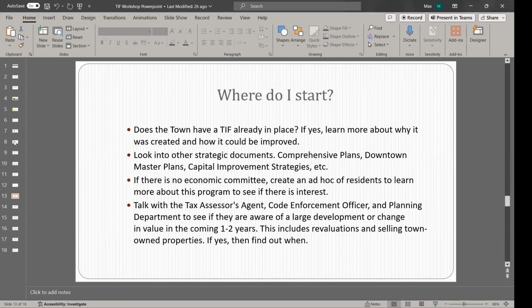Culverts have gotten a lot more expensive. This is something that can help pay for that if towns need it. So those are the two questions you got to ask yourself and ask your community. Is there going to be a change in value, a significant size? And if we go forward with this, is this something we actually could use?